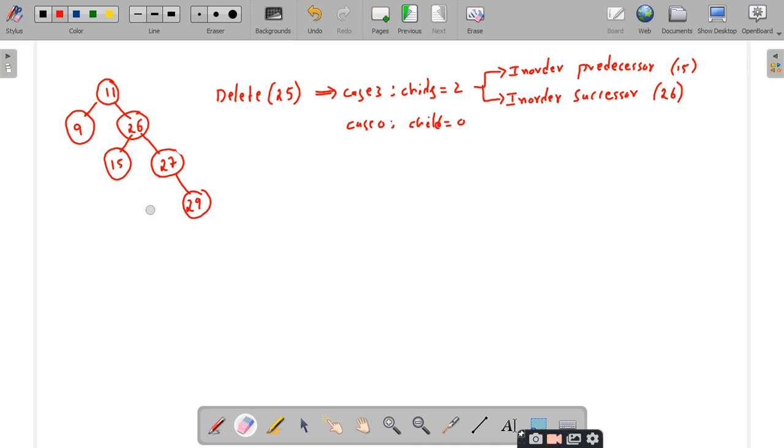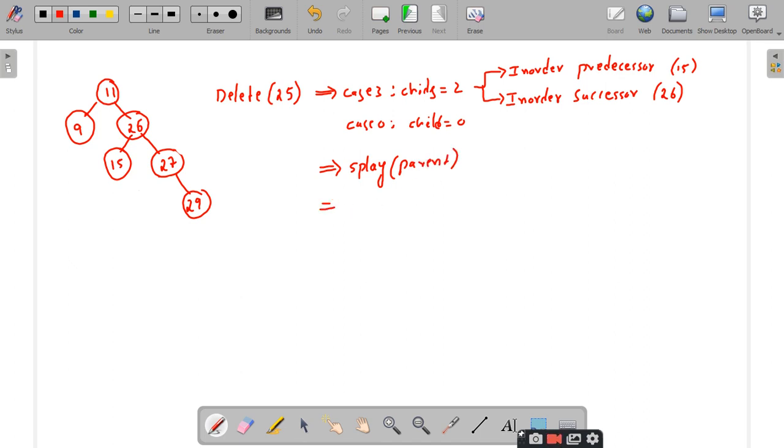After deletion of this 25, what happens here? The immediate next operation we have to perform is splaying of the parent.